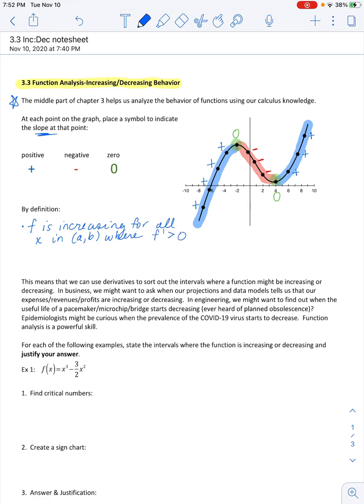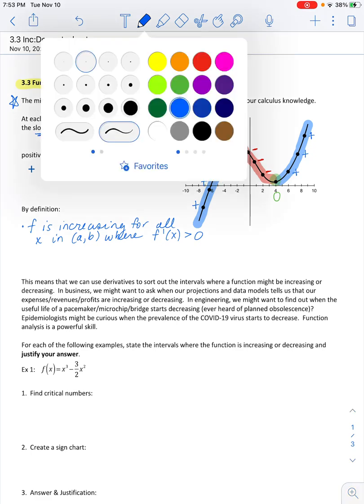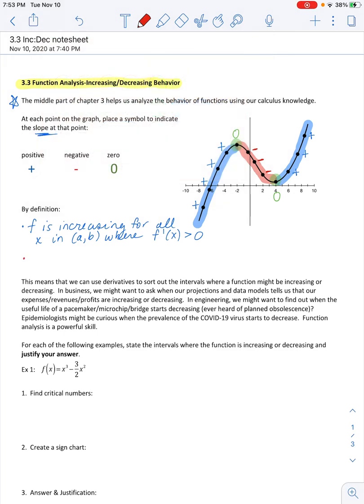So this is one way that we note positivity, by using the greater than 0 notion. So as long as the derivative is positive, actually let's clean that up a little bit, we know that f is increasing. And oppositely, we have the fact that f is decreasing